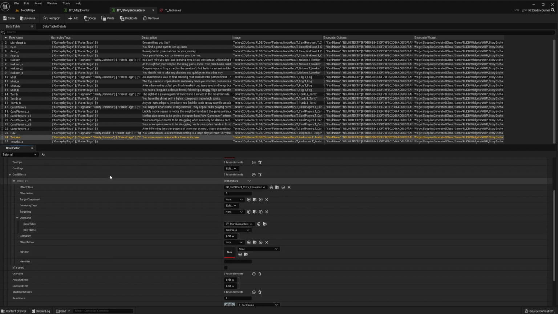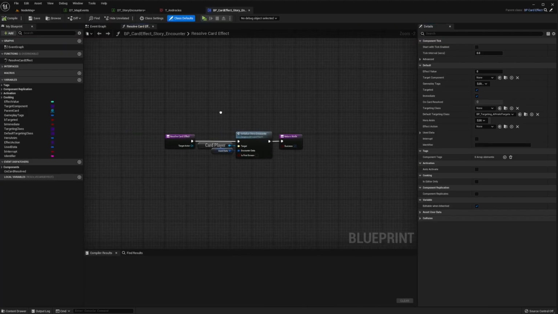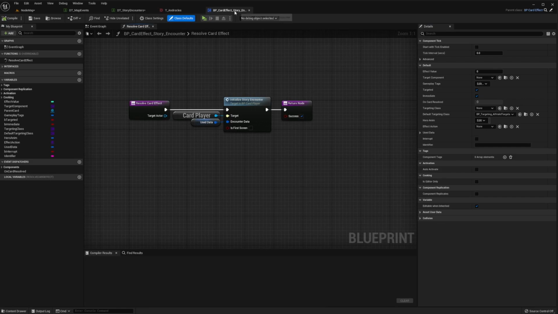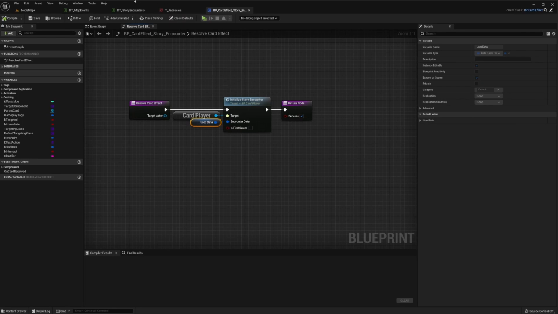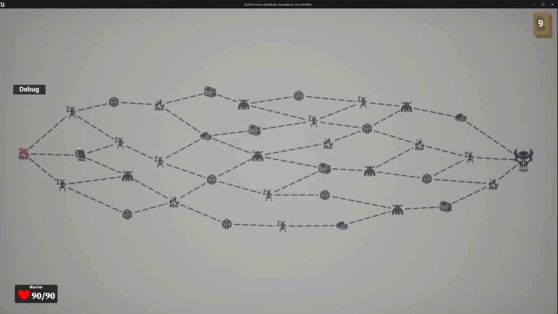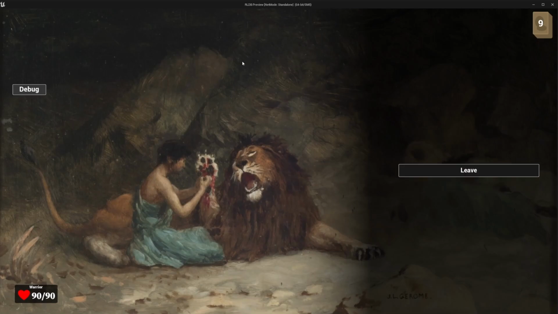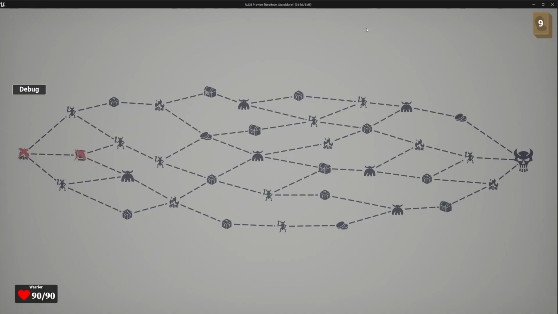If you're curious how I know what kind of data is used within this effect class, you will of course just have to look within the effect class and see what is used. You can see that in the story encounter effect, used data is utilized here, so we need to specify that. We'll take tutorial A. Now if we choose this event and we remove the thorn, then we go to our second page here where we can leave. Now that event is not very exciting, so let's have something happen if you remove the